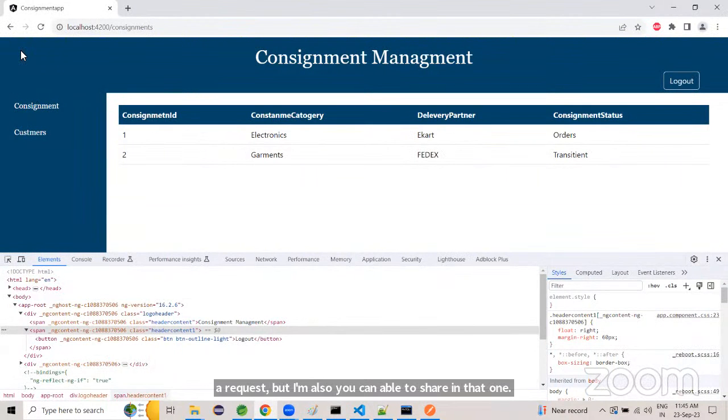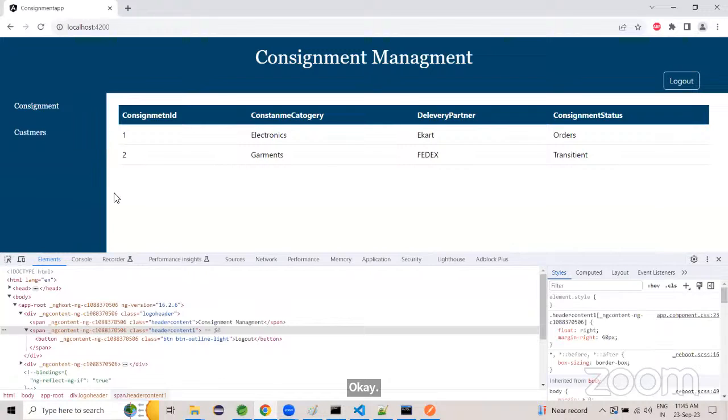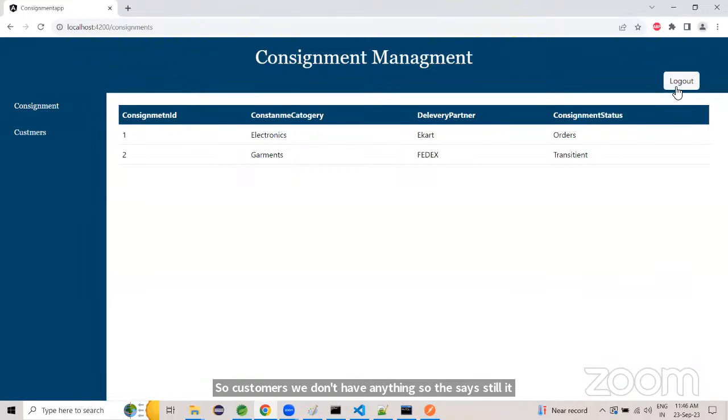So that's what. So here it's logged in, and we are able to see our details. So customers, we don't have anything. So that's still the same loading. So consignments, the details are going to be loading. So if we log out,